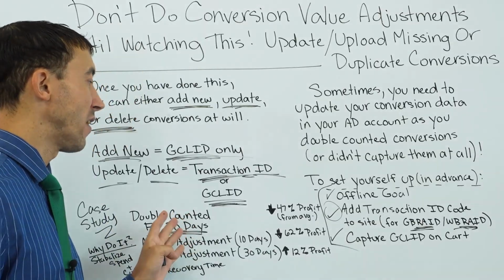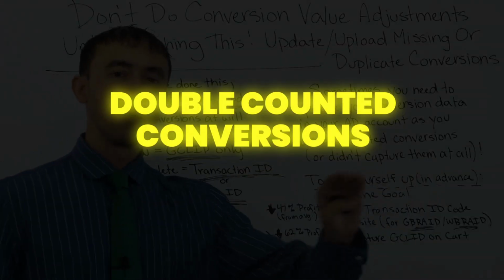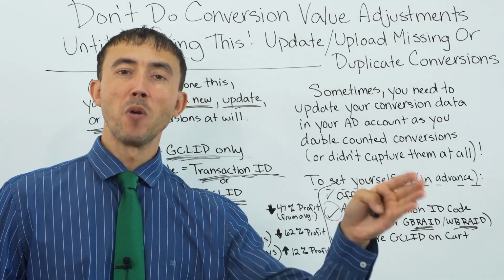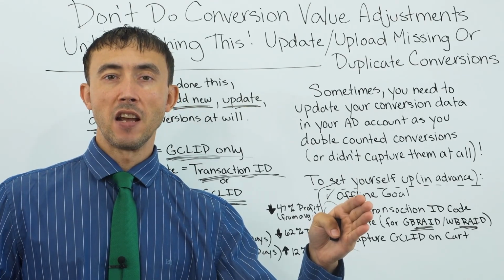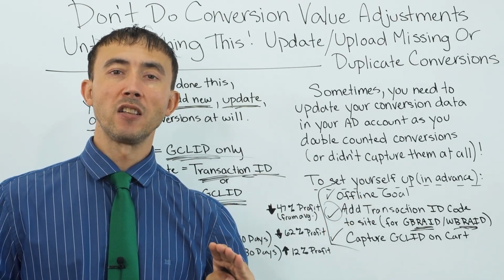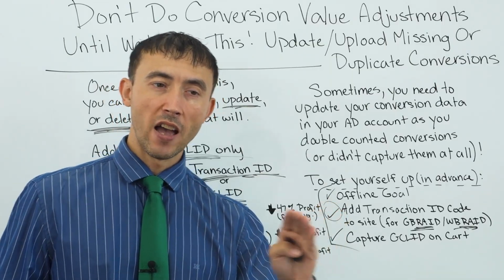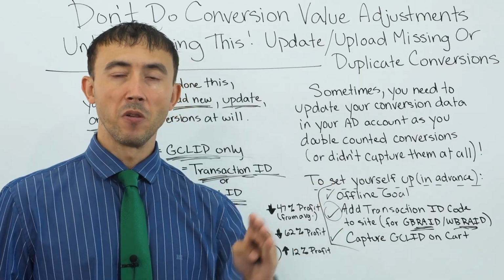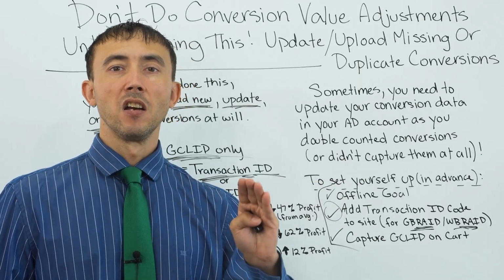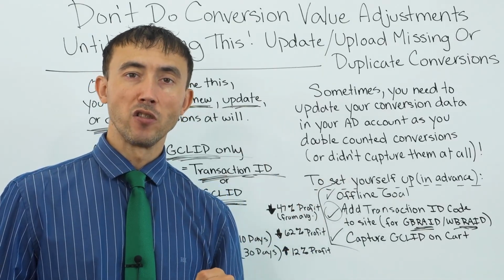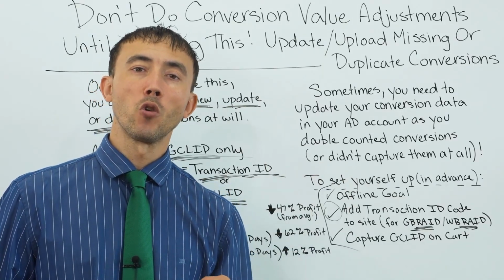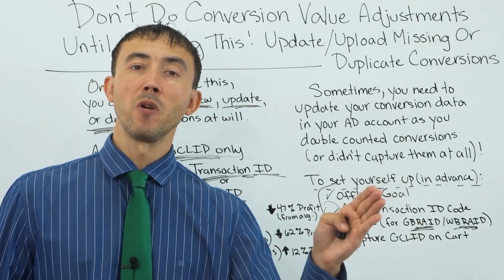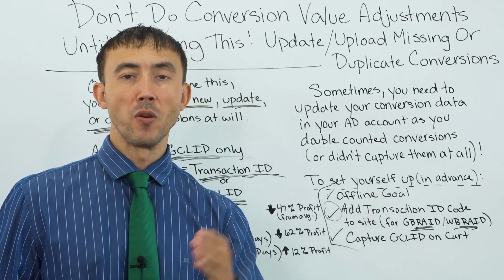Anyway, we had a client who came to us. They double counted conversions for 30 days. We realized that was the issue and cause of the problem. So we right away fixed their conversion data itself, but we also corrected the data, because I told the client, here are our options to get this fixed. Number one, we need to work with you, of course. We need to fix the tracking, not double count conversions anymore, but we also need to correct the double counting so that the system doesn't see it